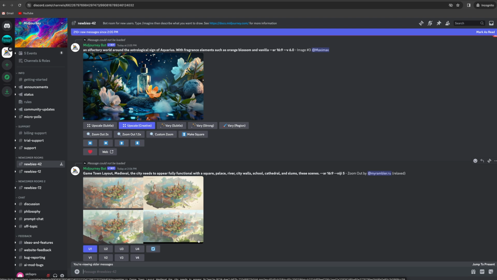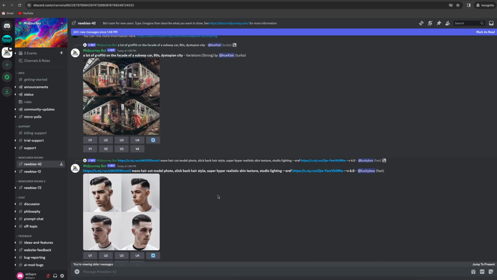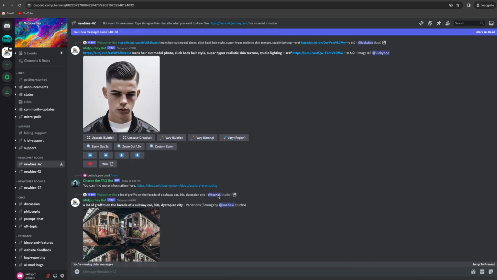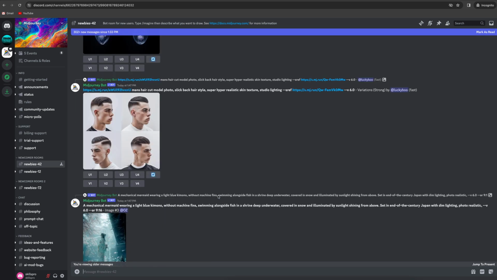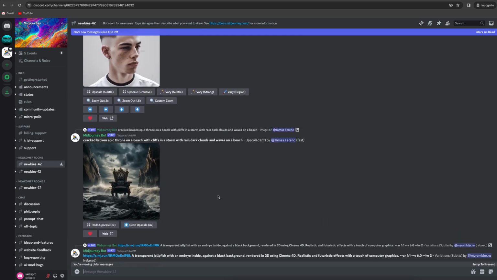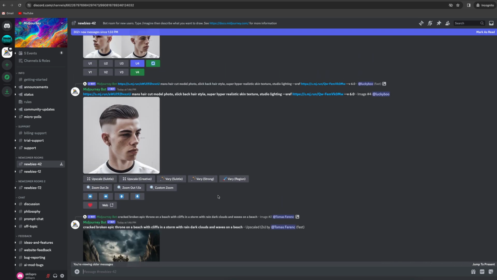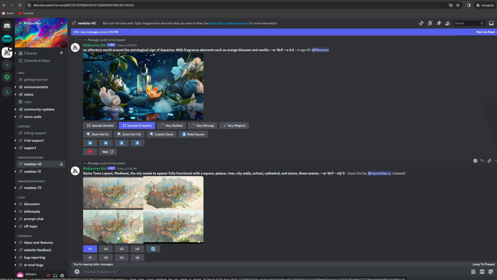Working in this feed can be a bit tricky, because we are not alone here and other users' results might get in our way. The feeds in these rooms are super active, and our results will keep moving up away from us. But I have a great solution. Just add the Midjourney bot as a friend and chat with it using direct messages. So first let's find the nearest message from the Midjourney bot, like this one here.